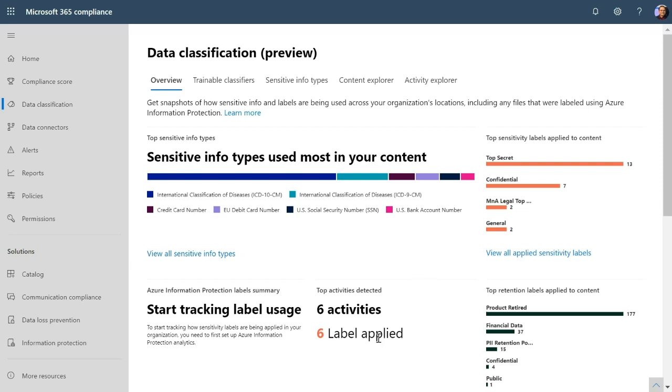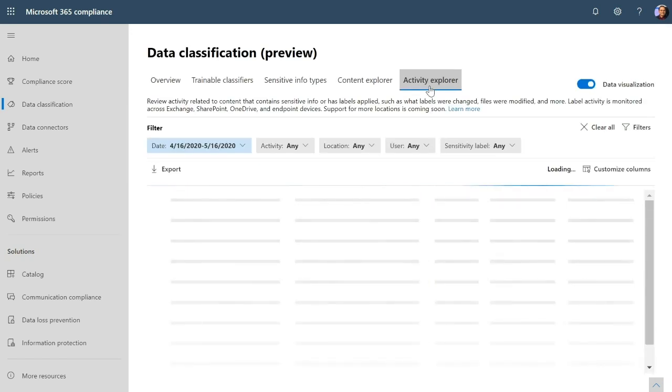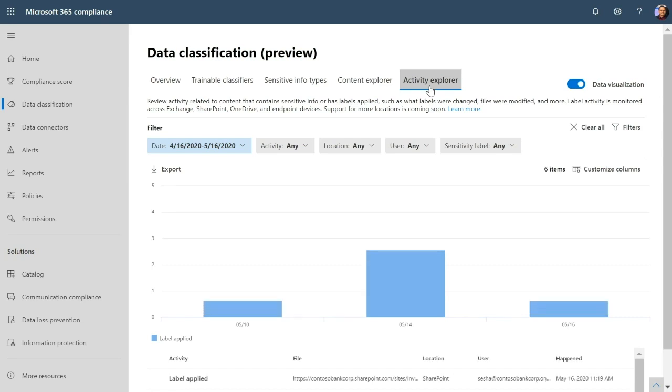I can also see the activities that are based on labels that are detected in my organization as well. Now, on the Content Explorer view, I can see all the files that are labeled based on sensitive information types or sensitivity labels or retention labels. And on the Activity Explorer, I can see the view in a nice visualization view across the days, how many